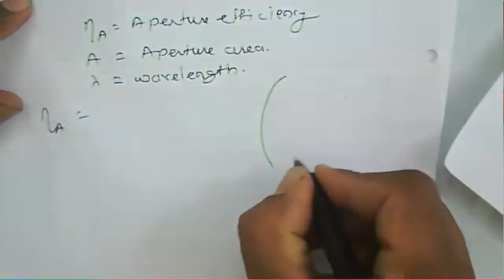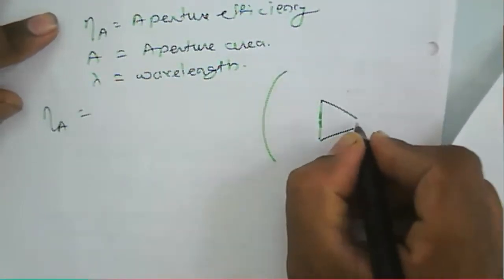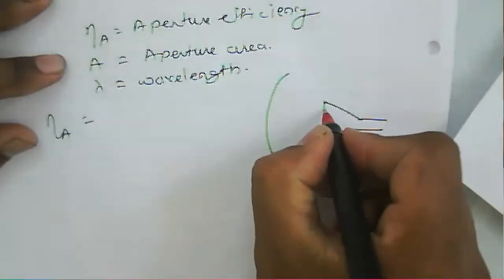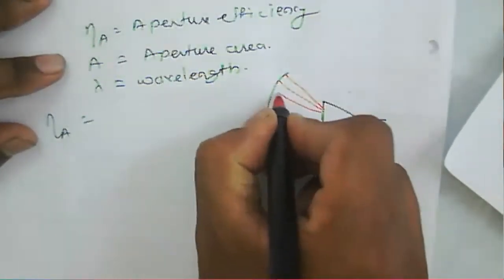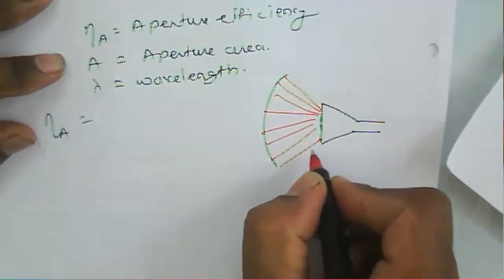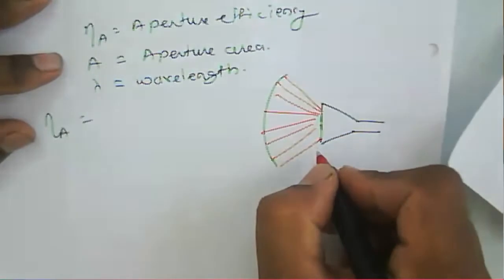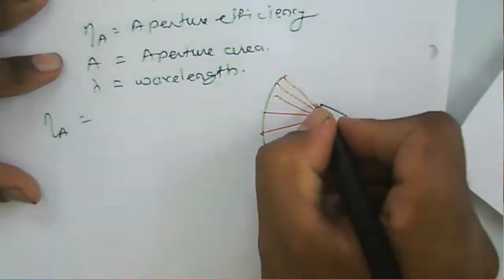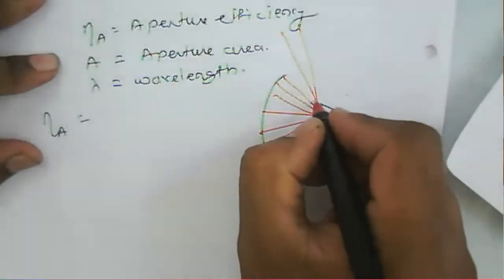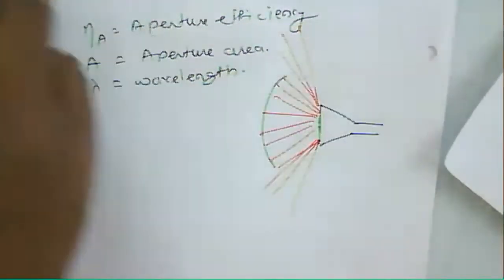There is nothing but a horn antenna here, present at the center. So the signal will come from this horn antenna. But what happens is that because the size of this parabolic or circular dish is small, the signal may go outside here. Okay, the signal may go outside, and that particular signal